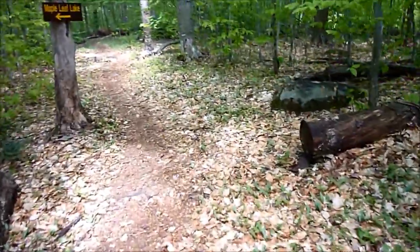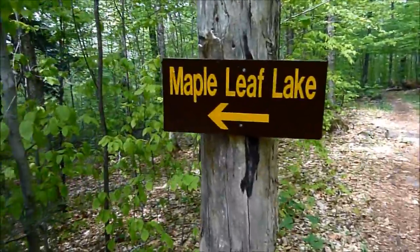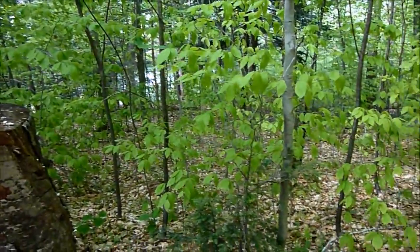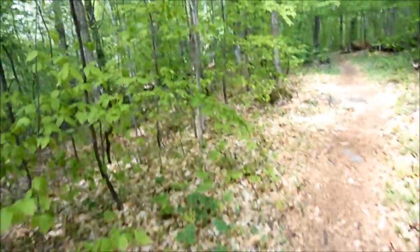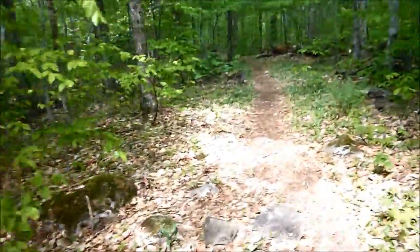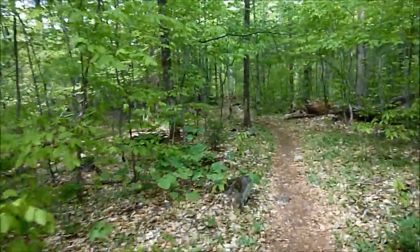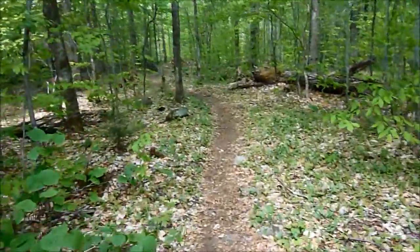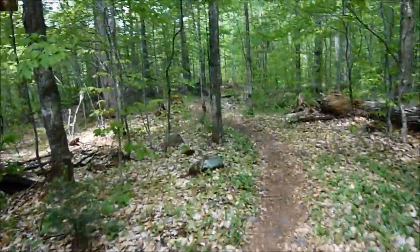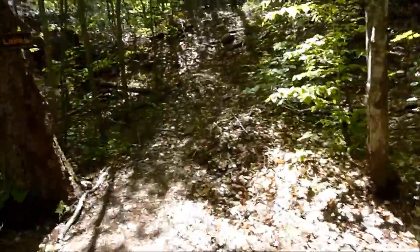So about an hour 15 minutes in, and you come to Maple Leaf Lake, which is the first lake that has campsites if taking the Western Uplands Trail clockwise. So typically what happens is the trail will turn around and there'll be separate sub-trails, let's say, or side trails, sorry, that would take you to the campsite. So with my bug net on, my Uncle Ben's formula,